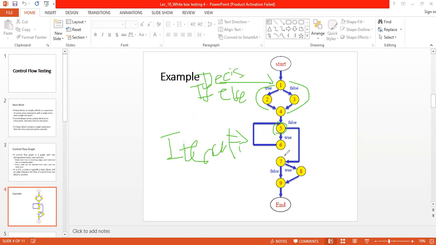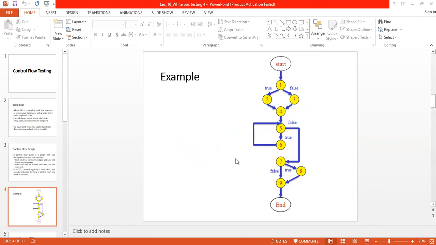right? So again, you can see the 7th node can control the flow of your program. In here, it can control either 7 to 9, or 7 to 8, right? So in this case, this is also another decision node, right?